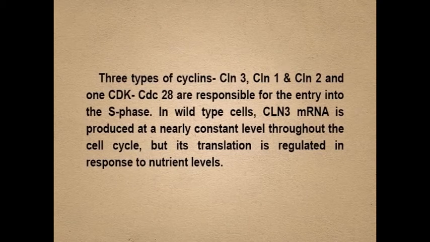Three types of cyclins, cyclin 3, cyclin 1, and cyclin 2, and one CDK, CDC28, are responsible for the entry into the S phase. In wild-type cells, cyclin 3 mRNA is produced at a nearly constant level throughout the cell